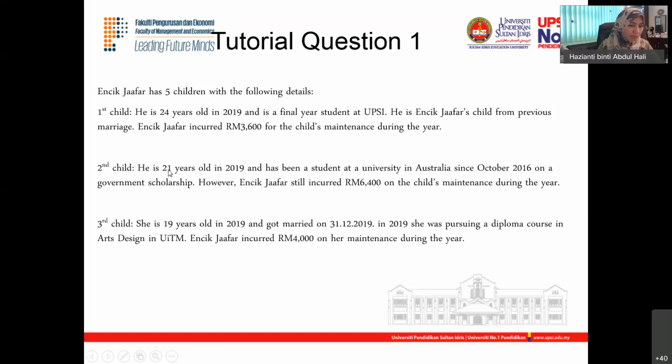What about the second one? 8,000. How much for the second one that he can claim? Macam 8,000 tapi ada government scholarship tu. Saya tak pasti. Zero. Still 8,000. Regardless of the scholarship. So if you get a scholarship, so ini bukan pendapatan dia ini ialah dikira sebagai scholarship from the government. So tak apa.